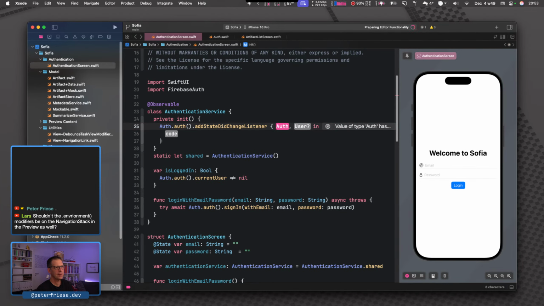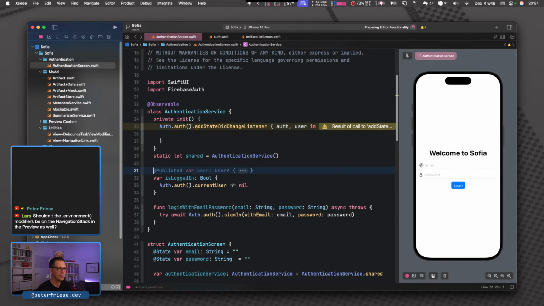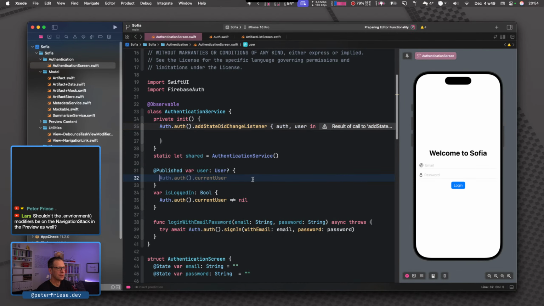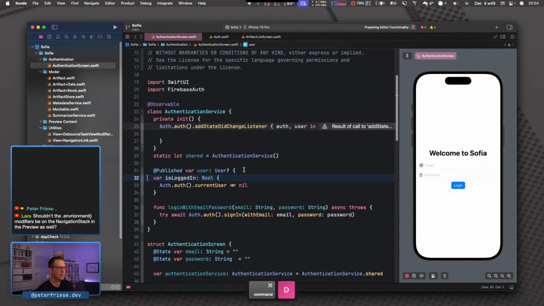So this is going to be called whenever the sign-in state of the user changes. So if they sign in or if they sign out. If they sign in, we get a user object. If they sign out, we get nil in this parameter here. And what we want to do is keep track of that user. So I'm just going to add another property, and this is a good start here, but we're not using @published, so let me just use this and then edit this a little bit like that.